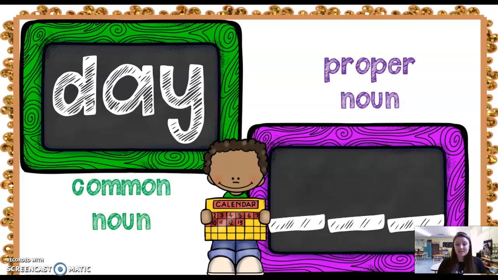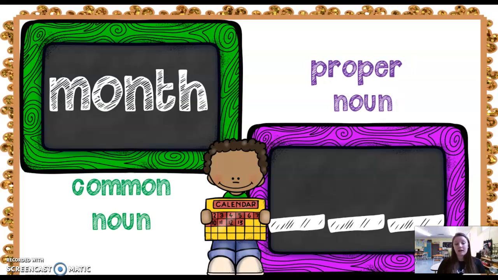Day. What's an example of a proper noun for the word day? If you said Sunday, Monday, Tuesday, Wednesday, Thursday, Friday, or Saturday, those are all proper nouns because they're specific names of days, and they would get a capital letter at the beginning too. How about a month? What's a proper noun for the common noun month? A month is a thing. What about September? September would get a capital letter because it's a specific name of a month, which makes it